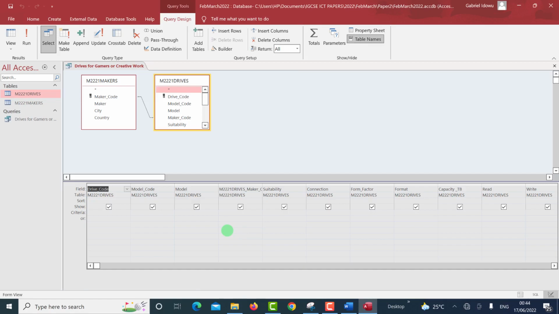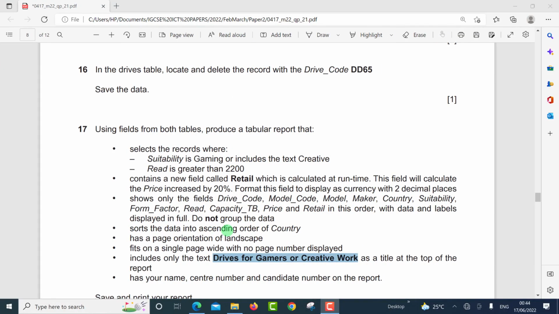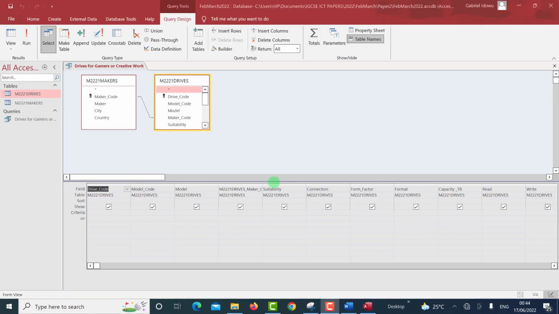Suitability is gaming. So locate suitability. Here is the suitability column. So under the criteria row, the question says suitability is gaming,